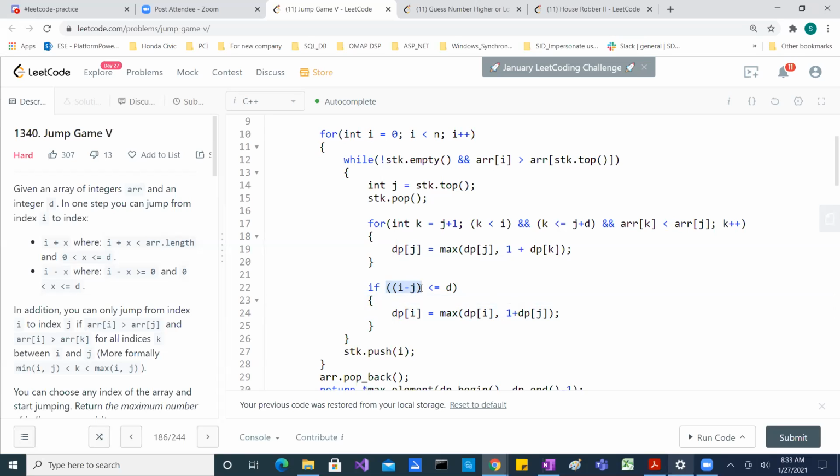That value you will have to apply, provided you check that it is also within your distance. So this is the only extra step you have to do. Most of the time when you do something in a monotonic stack, you always have to do some other processing, right? So this is the only different case you have to do over here, right? So once you update that i, everything is good, right? Then you come back and push everything.